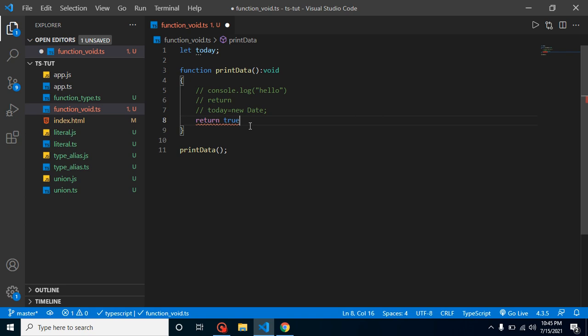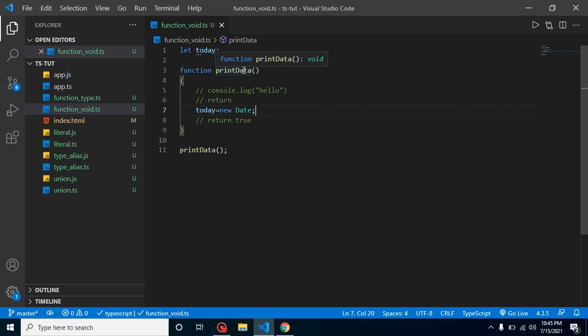All right. If we are not defining the void type and we are not returning something, this is still a void function, because TypeScript by default assigns the type of a function. It will check that if we are not returning anything, then it will be of type void.